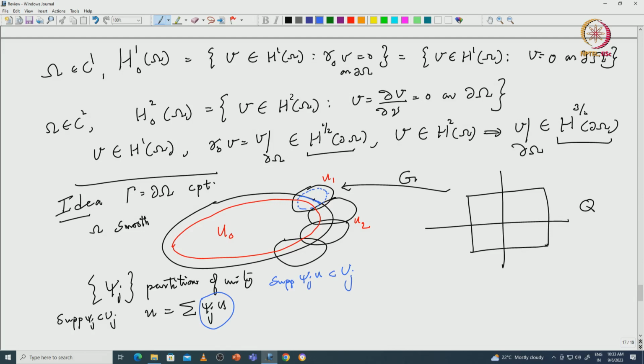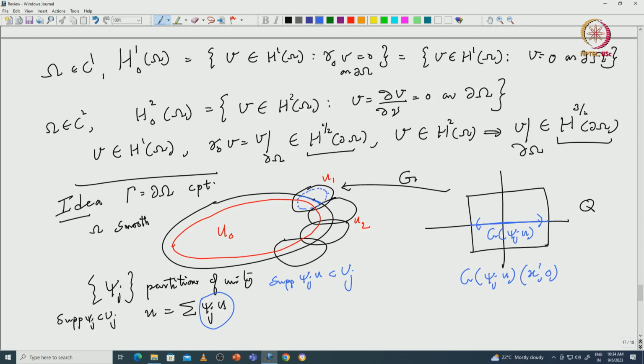So, you will get g of psi_j of u, and then once you restrict to the boundary, because of the compact support, the support on this restriction. So, you look at your g of psi_j of u, it is only restricted to x prime, 0, you see. So, it is here,